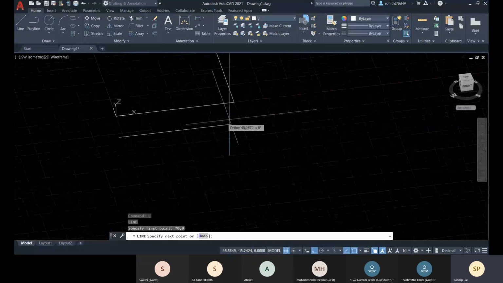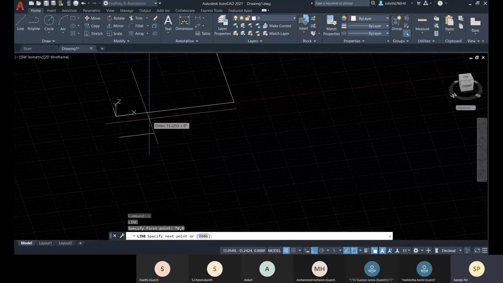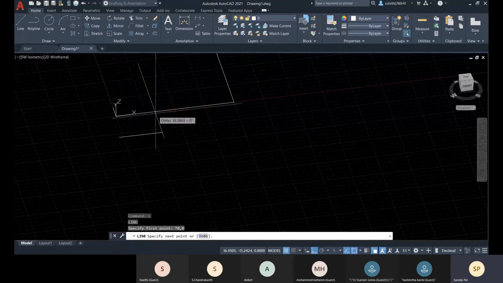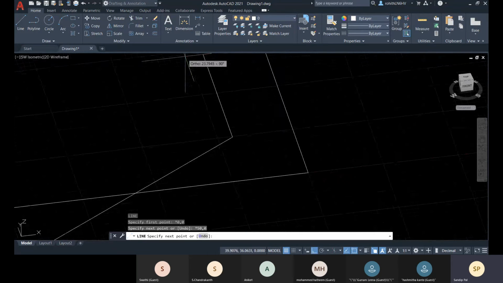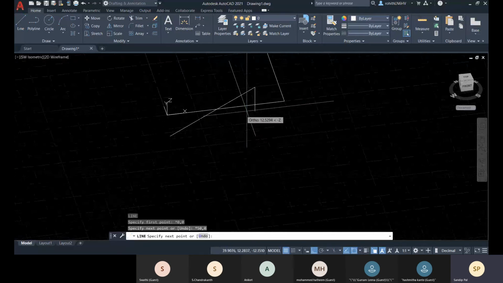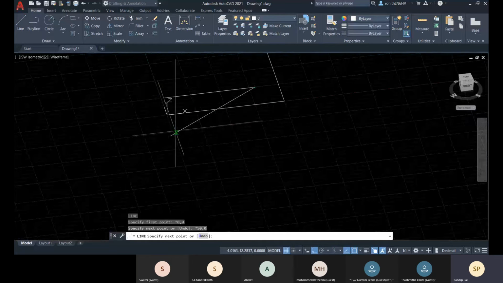Now by default, it's again working as per your UCS. So what you have to do is again go for star and 50 comma 0. I'm putting Cartesian coordinate values, and now you see that as per the world coordinate system, this is the x positive direction.